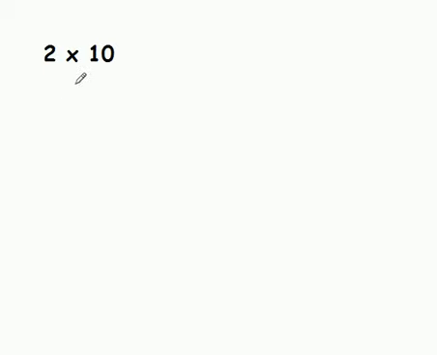Let's start with a simple multiplication, 2 times 10. Now, we know that this equals 20, but let's do it in terms of decimals. Now, we know that the decimal is at the end of the whole number, so the decimal point goes at the end of the 2. If I add some extra zeros there, like this,